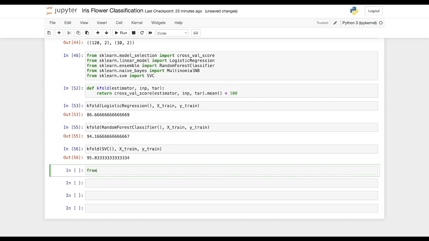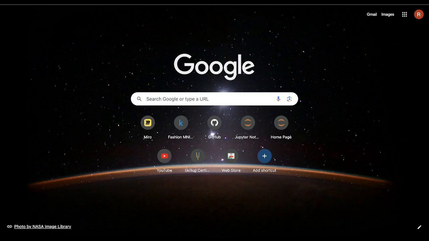Since we have already imported that, we will directly start building our model. So we'll say model is equal to SVC. Now if you want to check what hyperparameters we have in SVC, you can visit Google and write support vector machines.